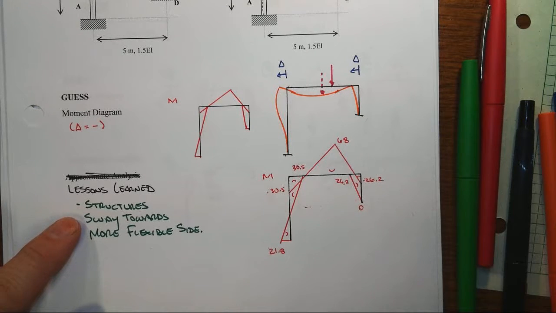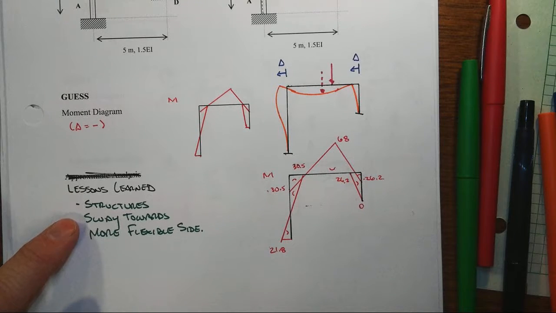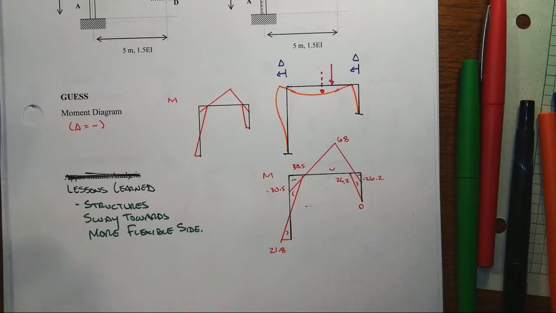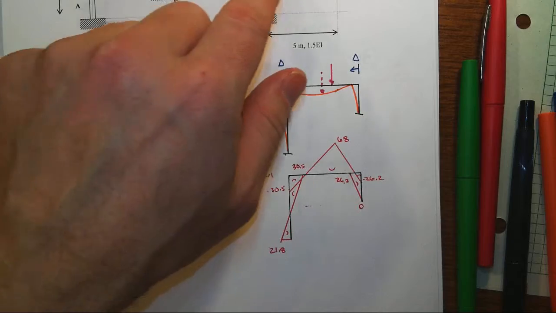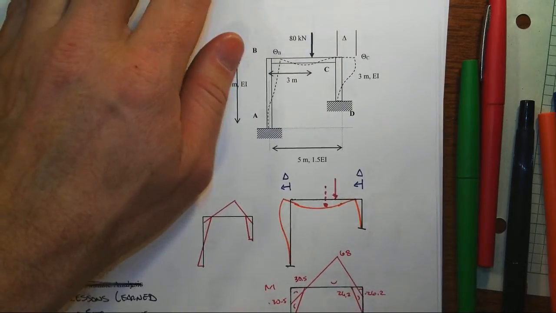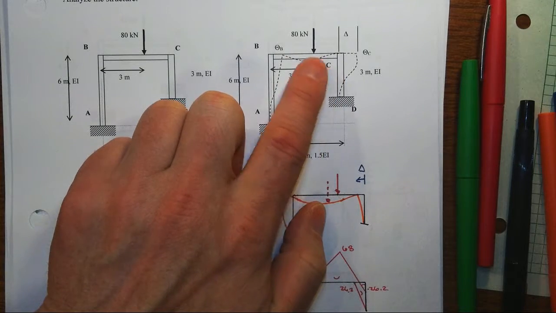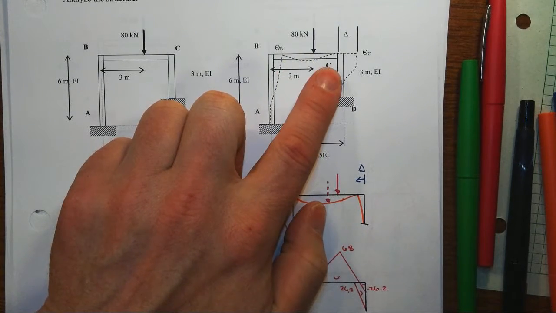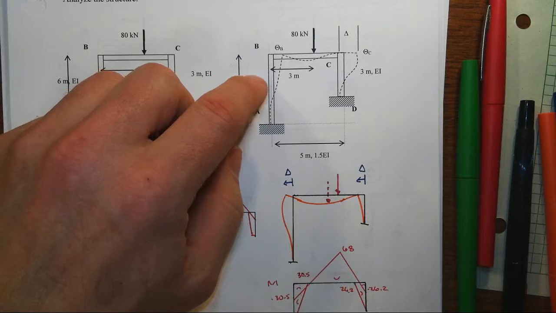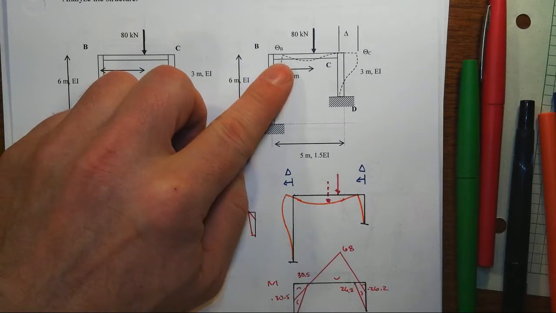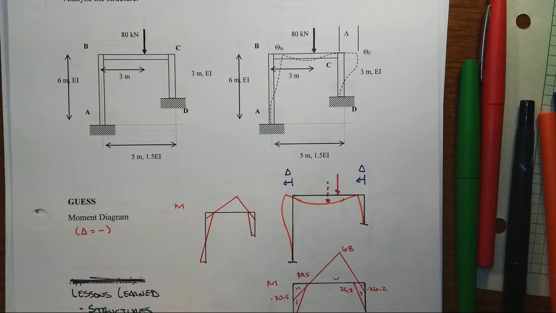is that the structure actually is going to sway away from the stiff side and towards the more flexible side, which actually does kind of make sense. Initially, you might think that this load is going to want to move over on top of this stiff element, that short piece that's closest to it. It just doesn't work that way. You have more flexibility over here, and that allows it ultimately to move and flex towards the left,